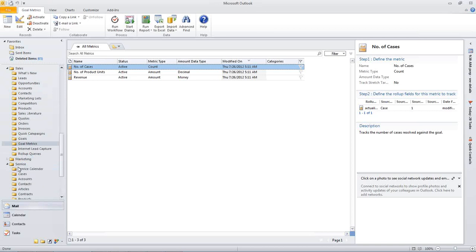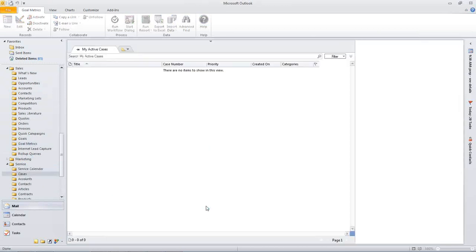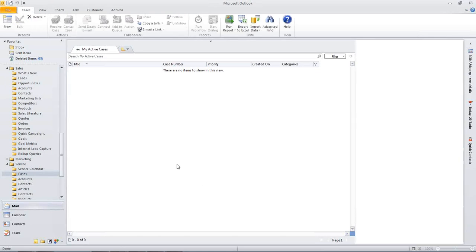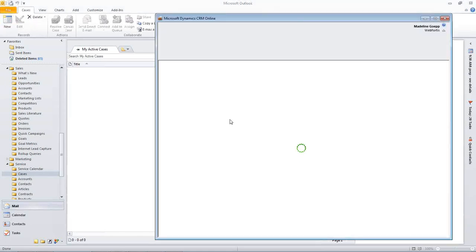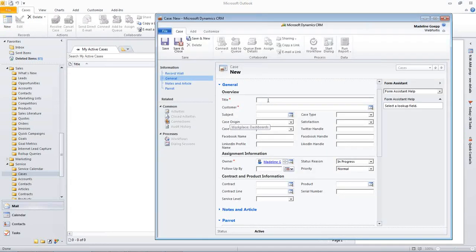And whoops, I'm going to go into service. I'm going to go into cases. I'm going to create a new case. I can go ahead and give it a title. So let's call this